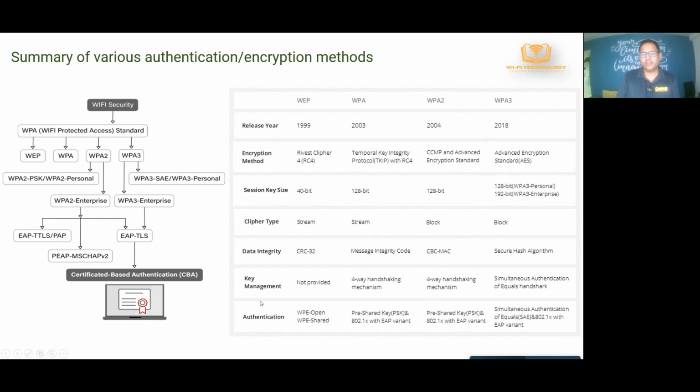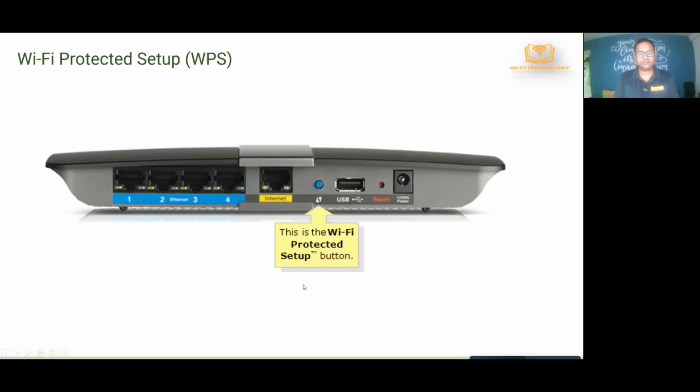The data integrity also started getting better and better with more complex algorithms. The key management and authentication also got better and better. And as we went through WPA3, now you not only are encrypting data frames, but you're also encrypting management frames. You're also encrypting open connections, open security connections, and so on. So it's making the security more and more robust as we go. So that's a quick overview about